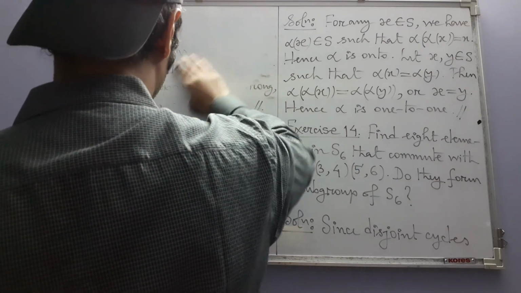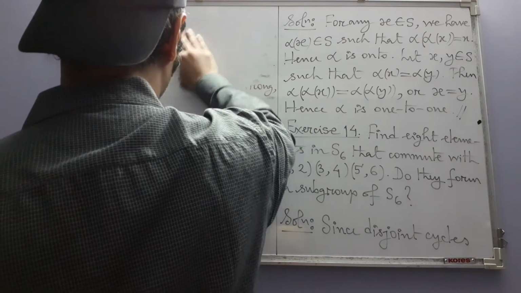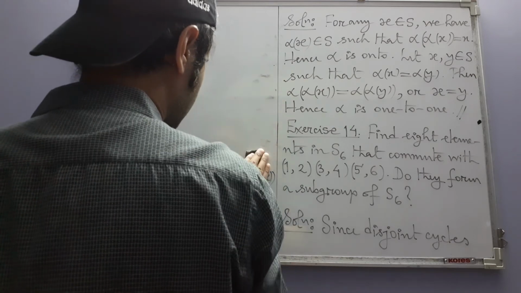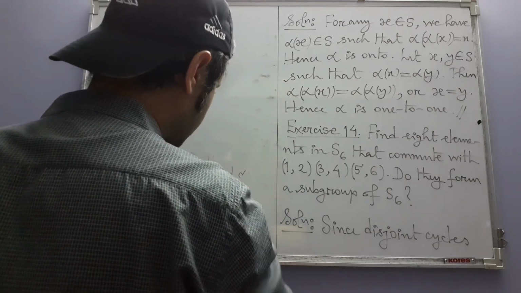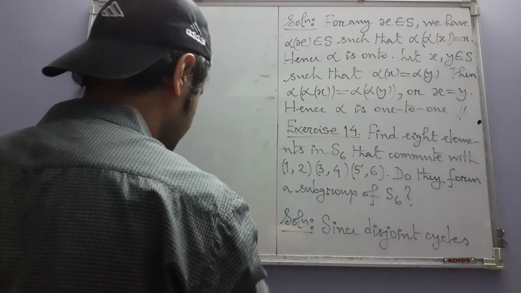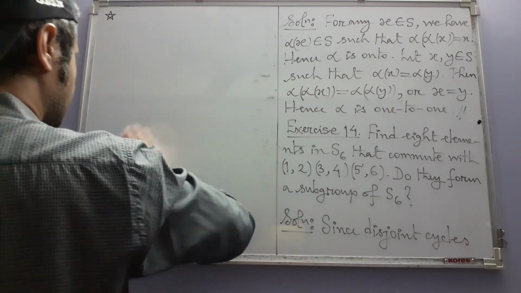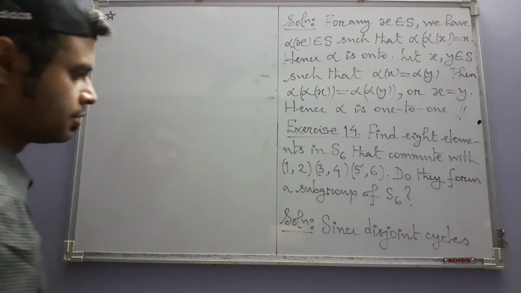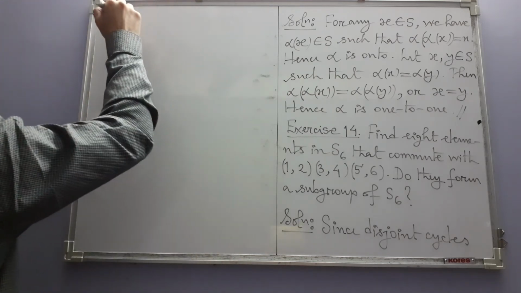It does not matter which one of them you write first and which one after that. The two permutations will have the same effect on any symbol, and that fact comes from disjointness. So since disjoint cycles commute,